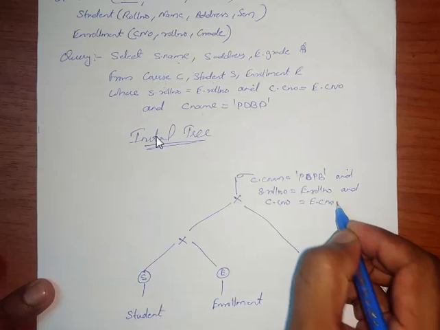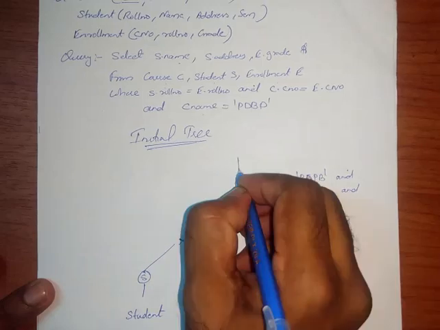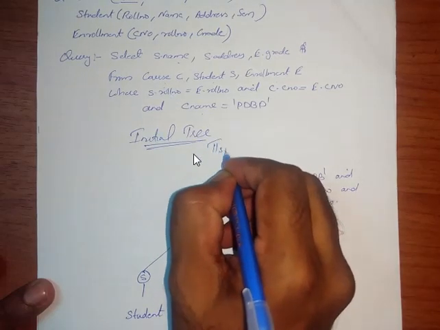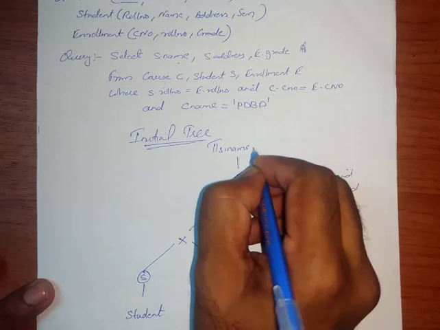So firstly you have to write the tables. From the query you can understand that a renaming happened: the student is renamed as S. So you have to execute from bottom to the top. Firstly you rename student as S, enrollment as E and course as C, then we have to cross S and E, that is the next step. Then the result of crossing S and E is crossed with C. Okay, so that is the way we are doing the selection statement, and upon that we are doing the projection statement.